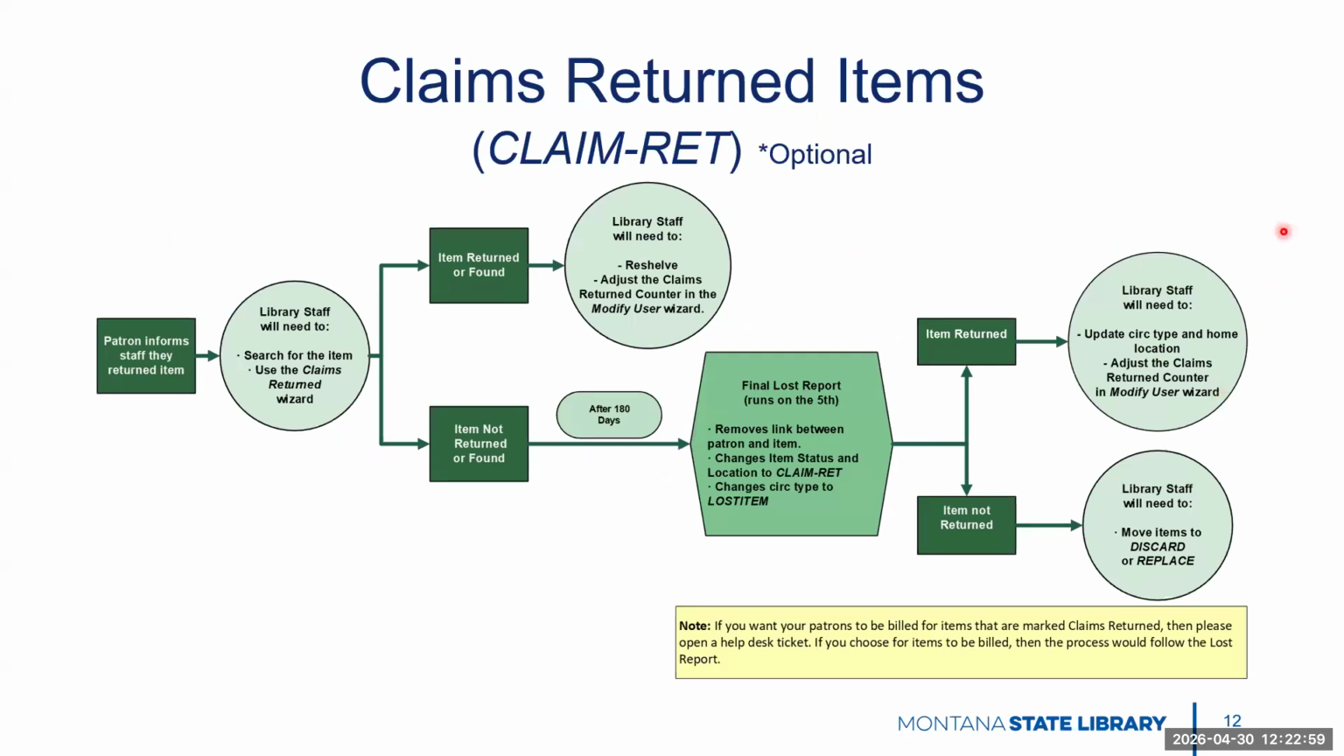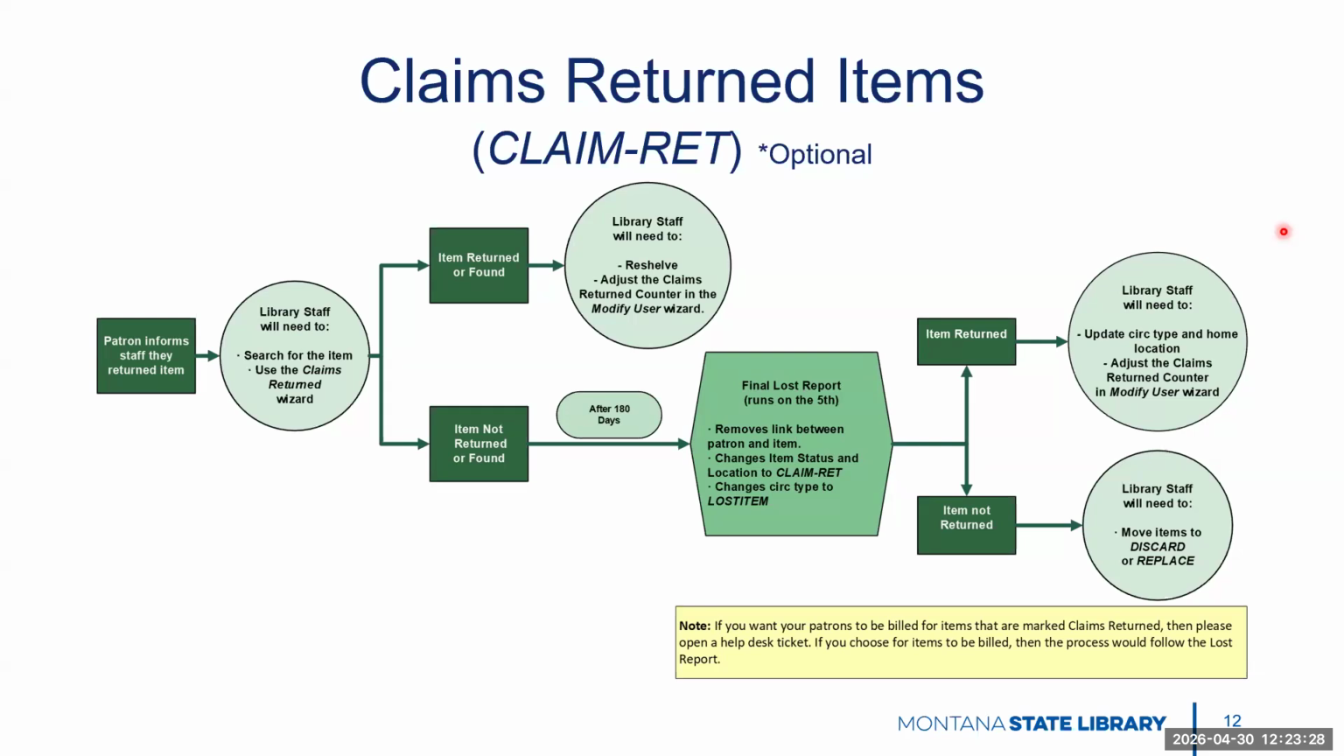So this is kind of the last manual process when the item is still checked out to the user. This is the claims returned process, and this is an optional process. You don't have to do this. We don't have any stipulations for you. Some libraries do. And basically, this is what happens when a patron comes back and they say, "Hey, I returned that item." Staff can